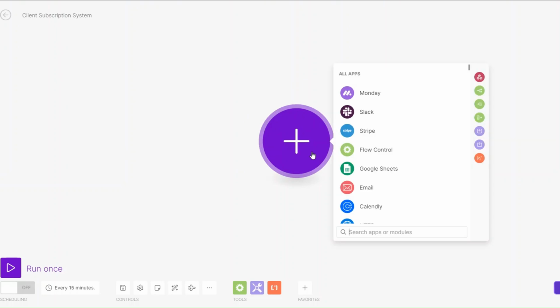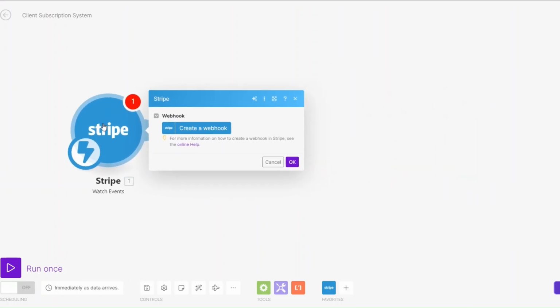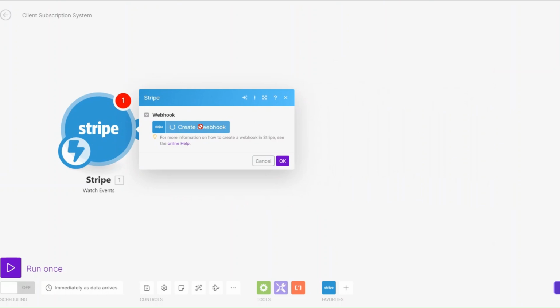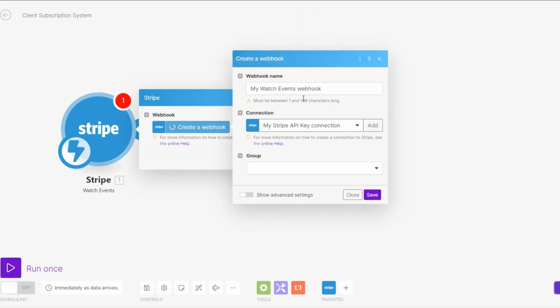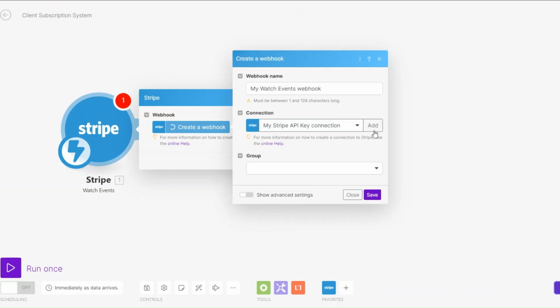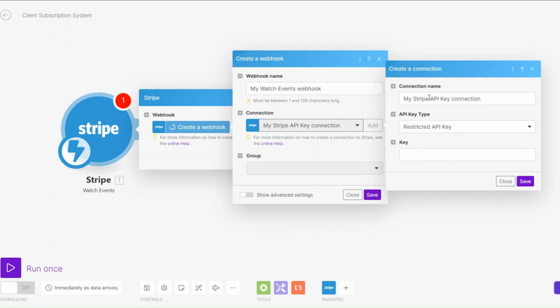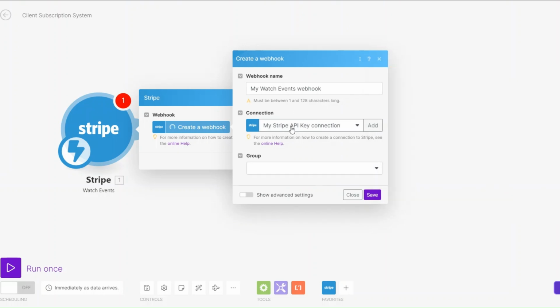So here, I'll search for Stripe, and then you click on Watch Events as our trigger. Here, I'll create a webhook. So I had previously created a connection between Stripe and make.com. If you'd like to make a connection between Stripe and make.com, you just click on Add right here, and then you can add your API key and rename your connection. But since I had already created the connection, I'm going to name my webhook client